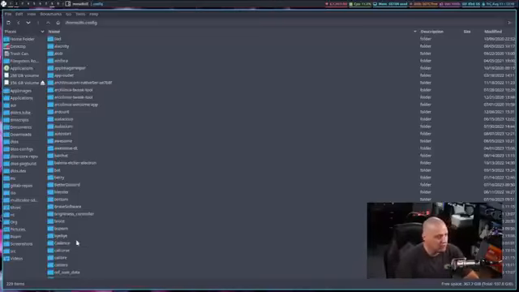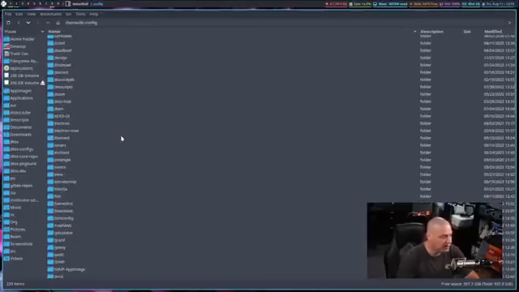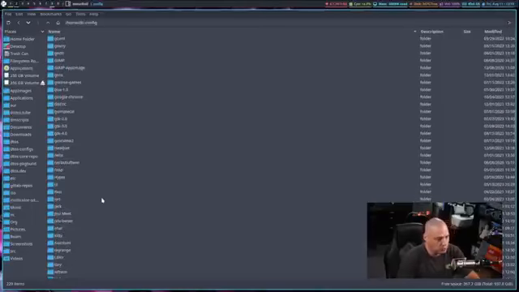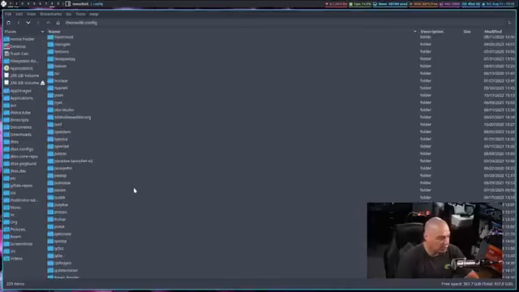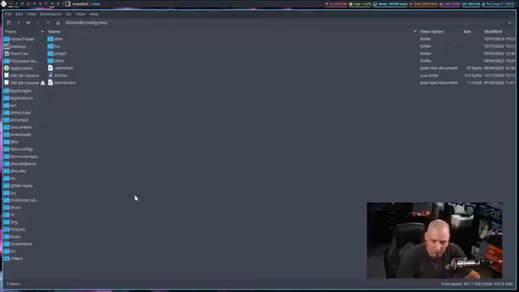Most programs will have a folder in here. So you'll have various folders with program names, and inside these folders are their config files. It's their settings files, essentially. So, for example, if I go into the NVim folder, so I have NeoVim installed on this computer, there are the NeoVim config files. I could edit them, I could change them, I could do whatever I want with that NeoVim config, and then I could push it to my GitLab.